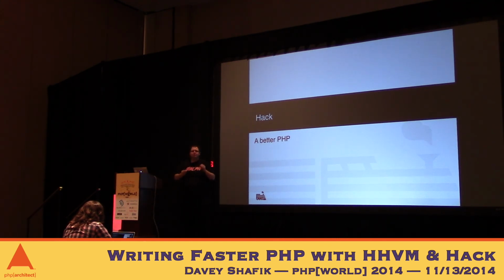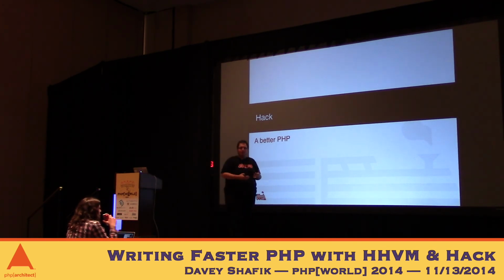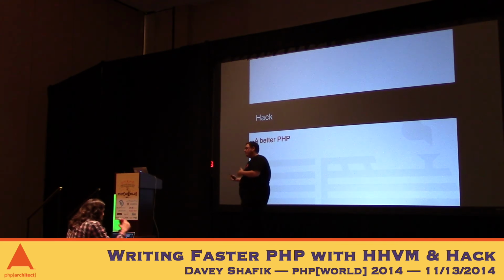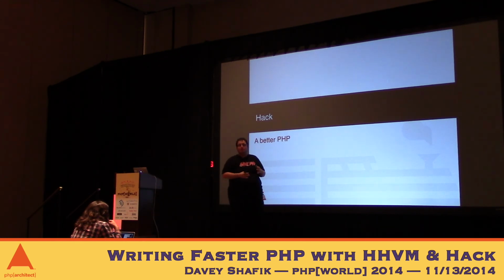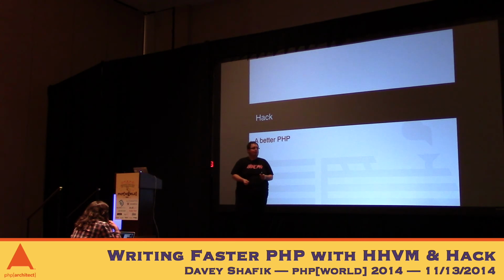It has super, super fast static analysis. As I mentioned earlier, the biggest problem that they had with HPHPc was the impact on the developer workflow. And part of Hack and part of HHVM is making sure that doesn't happen. One of the ways they did that is making sure their static analysis is super fast. So on Facebook's 300 million lines of code, it returns in less than a second. Okay, so when you hit save, you've already got your static analysis before you can really even think about it.